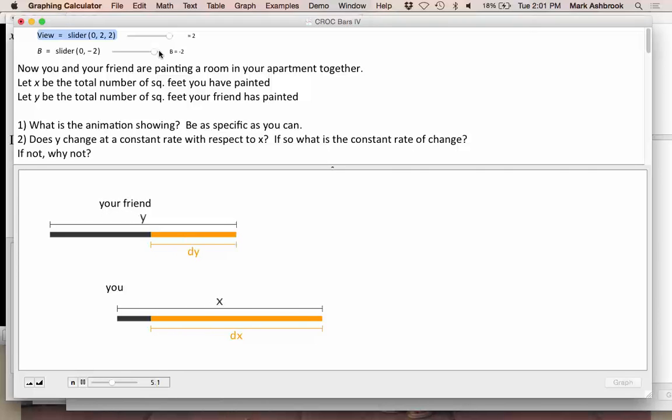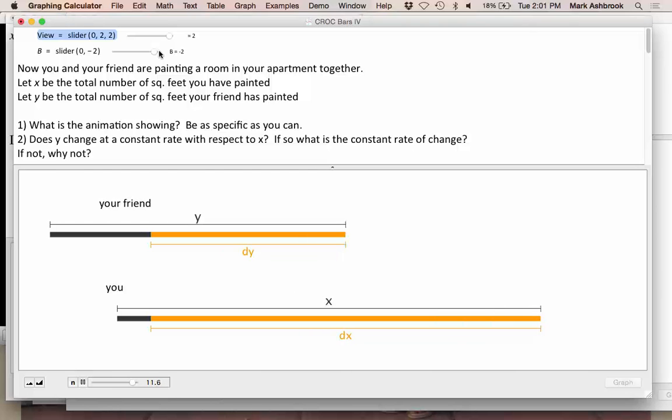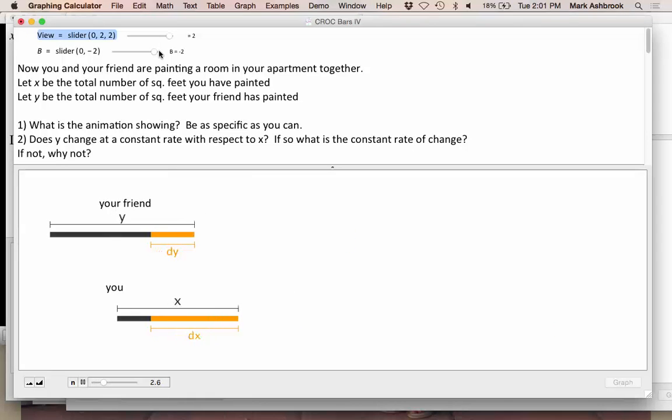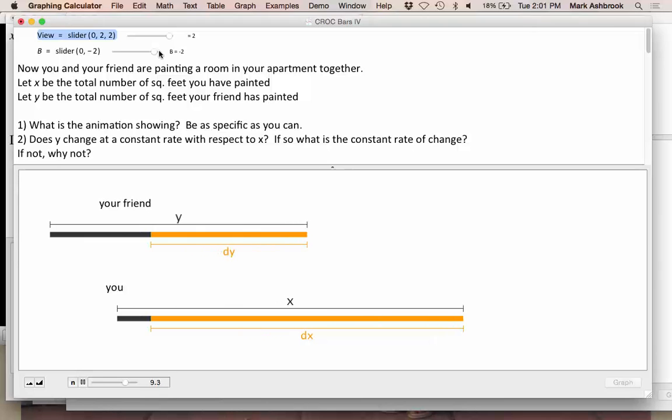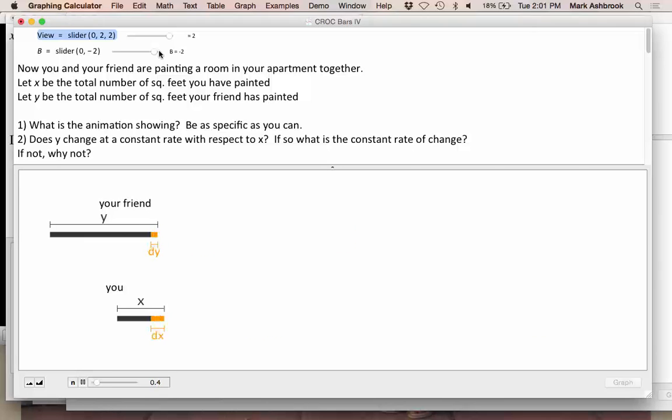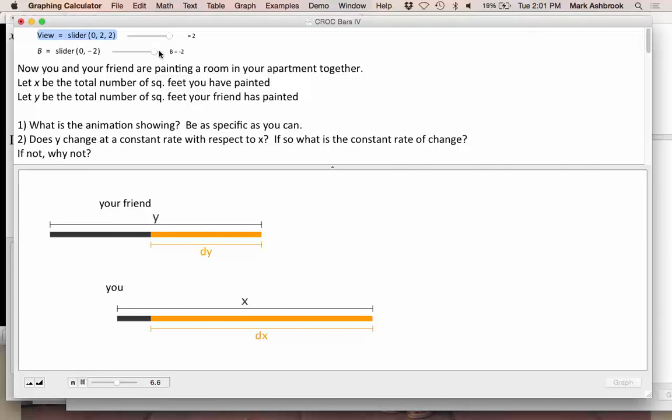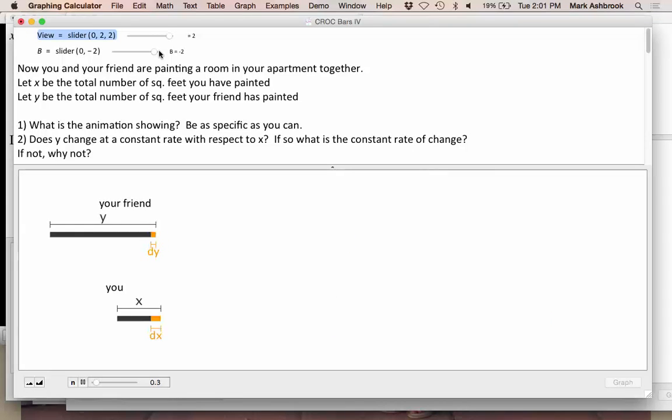Okay, how about yes? Anyone want to argue for yes? There is a constant rate of change with respect to x. Were you going to do it? Oh, he was going to. Okay, go ahead. The constant rate of change is always between two changing variables. dy here should be going at about half the speed dx would be. Not about speed, but you're on the right track. dy is 1/2 of